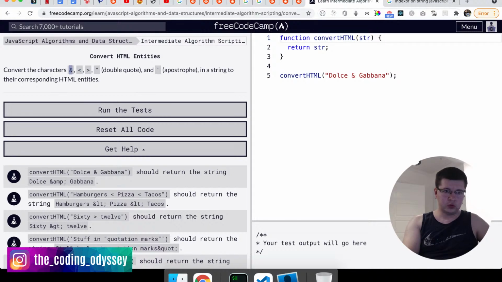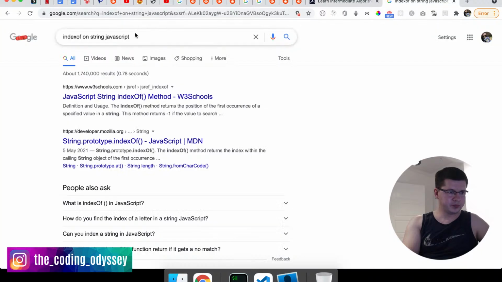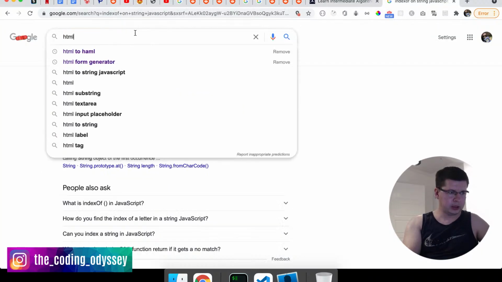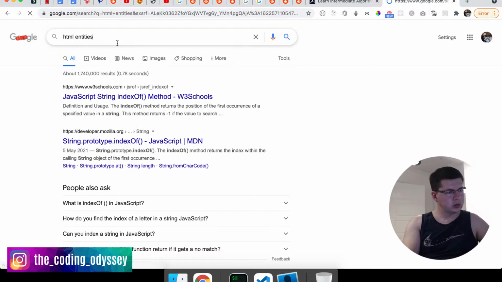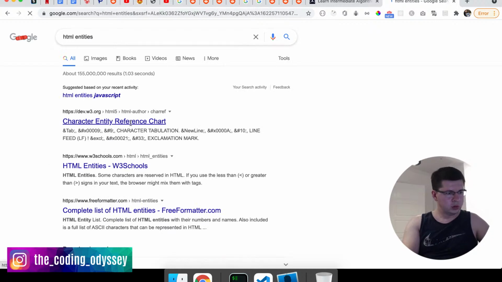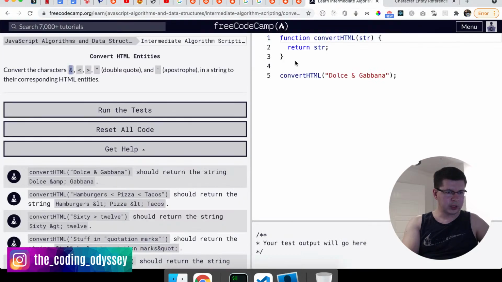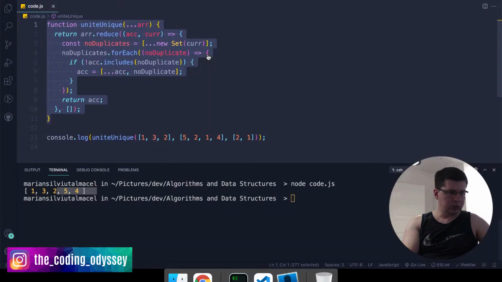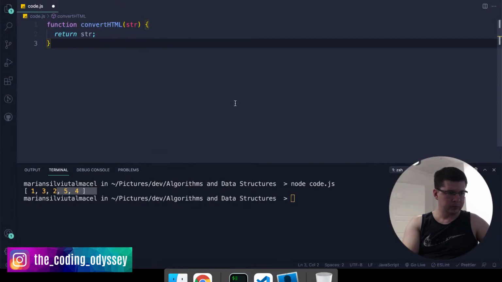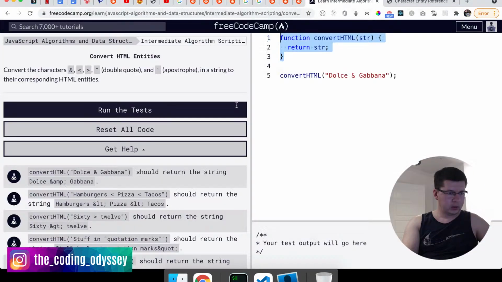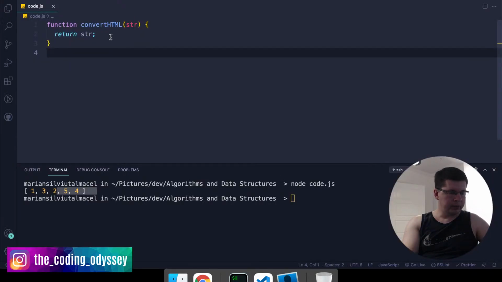I'm gonna have to find HTML entities, and we're going to have to make a map. So what I want to do is copy this here, and I want to make a map for translation. So it's something like